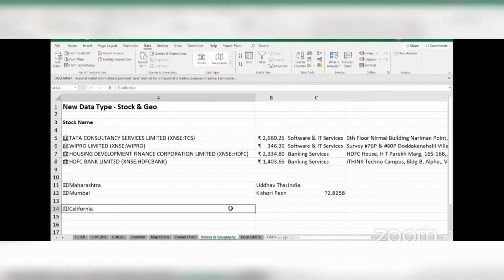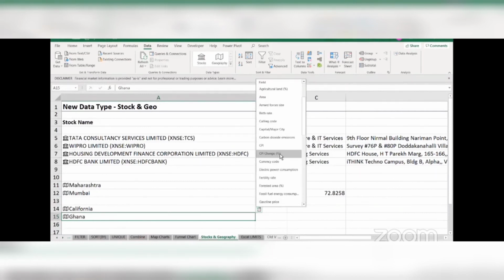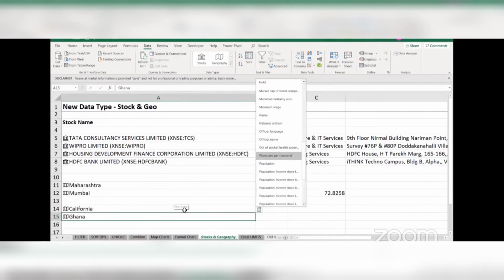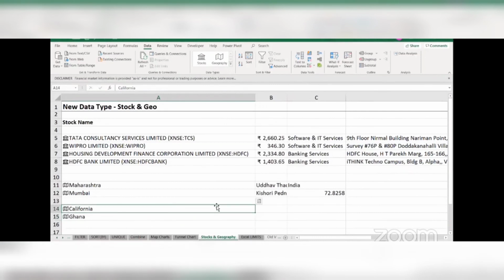So when it comes to USA based stocks, USA based companies or USA based geographical areas, you have much more detail as compared to anything else. Like if I search for something from Ghana, if I say, for example, Ghana, and turn it to geography, here you see we have these many options, which is far less as compared to California. So all these things are different. If you search for a city of Ghana, you might have only 3 or 4 options. So it is completely dependent on what type of thing you are searching for.